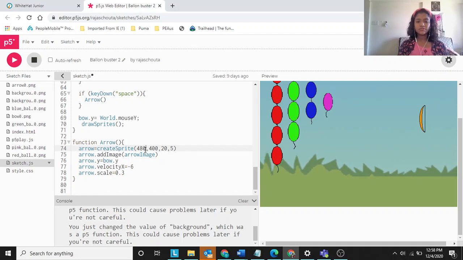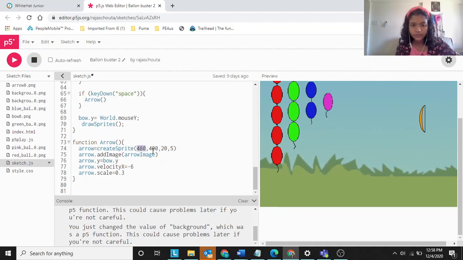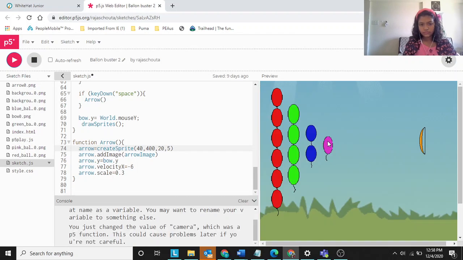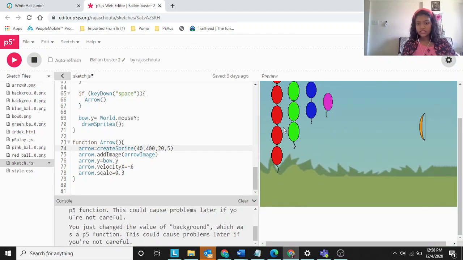These are the x position and the y position of the arrows. Now if we change this, let's see what will happen. You can see that the arrow is releasing from right here, but we want the arrows to be released from the place where the bow is. The bow always releases the arrow, right?